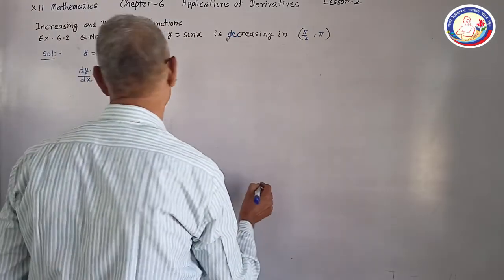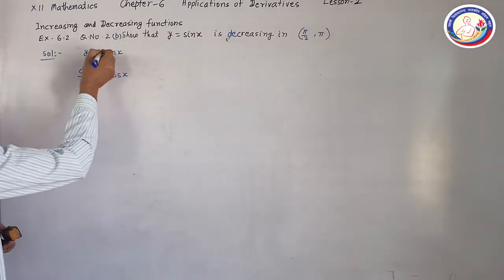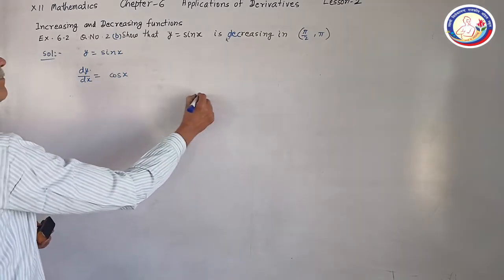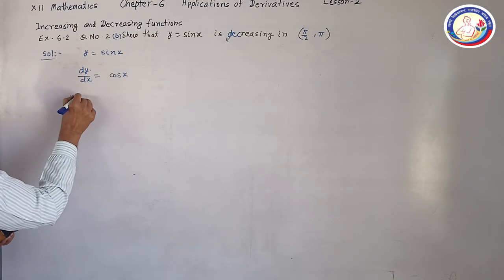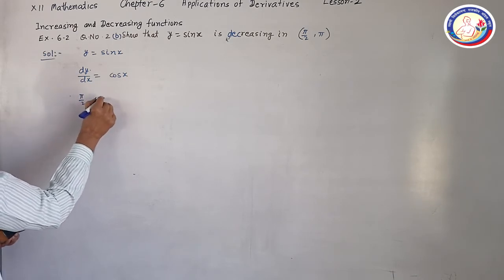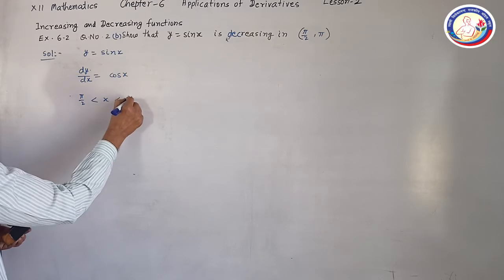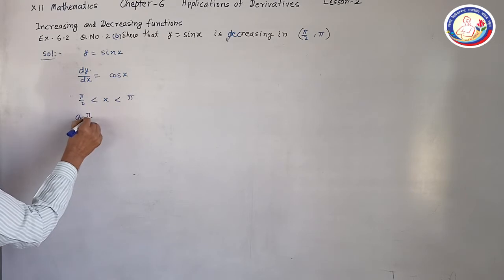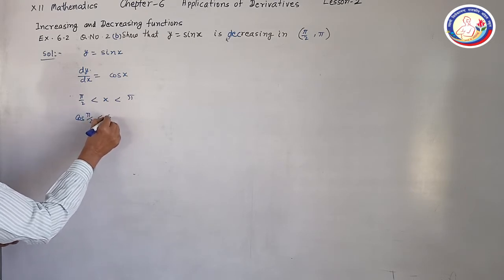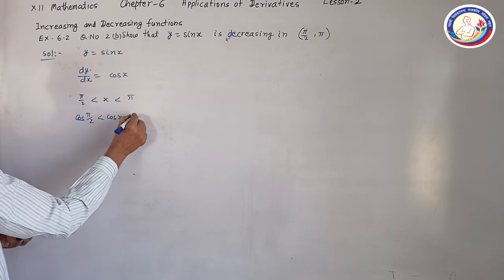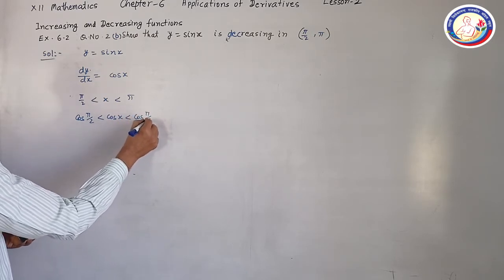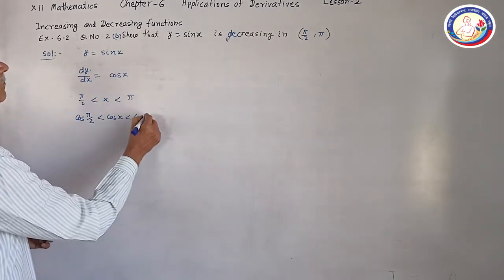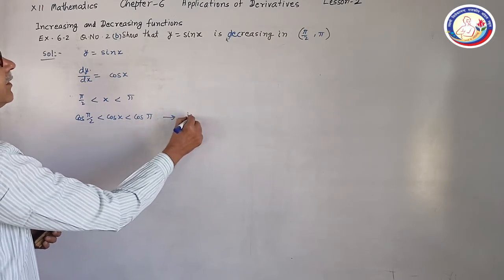The values of cos x, this is the derivative, and if pi by 2 is less than x is less than pi, then cos pi by 2 is less than cos x is less than cos pi, sorry, or greater than. If this is the condition, increasing,